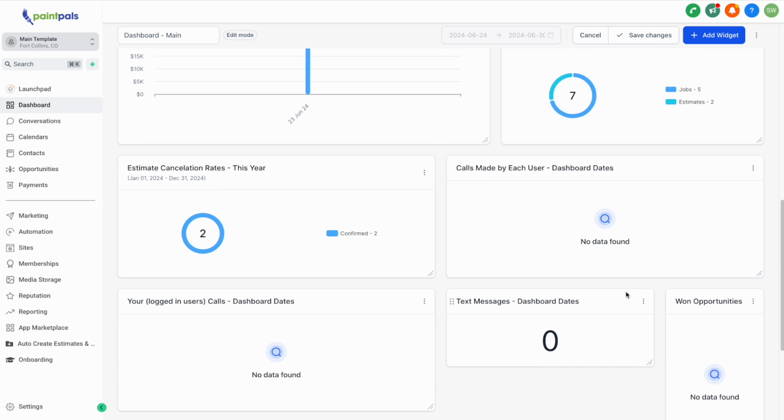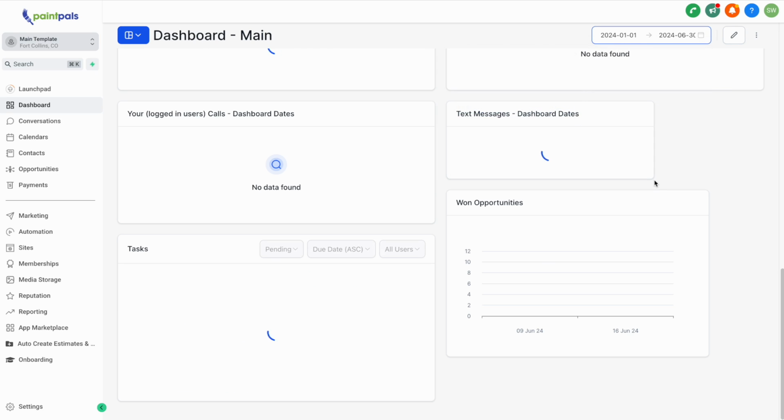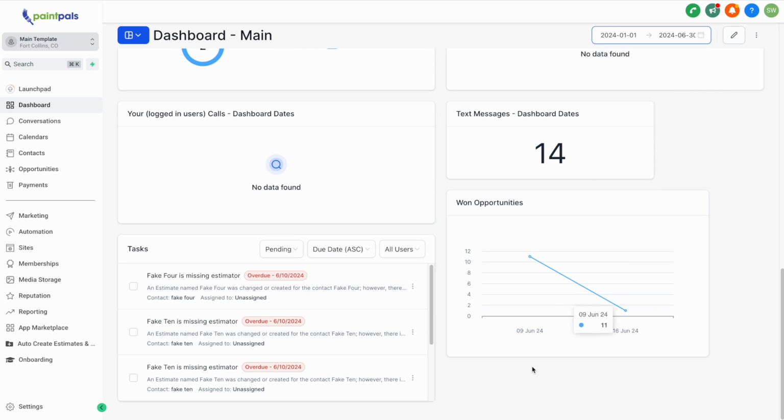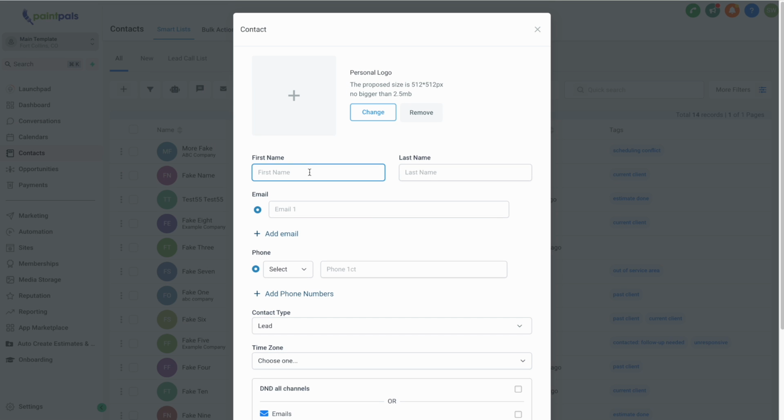So press save, and then there is no data in here. But let's go ahead and put something in so we can get an idea how this will work, right? So I'm going to press save. I'm going to say this year, and you can see now that it's this year, I entered 11 fake leads here. I entered another one here. Let's go ahead and just create one real quick. So I could do that by going here to create a new lead. So I'm just going to say, example,